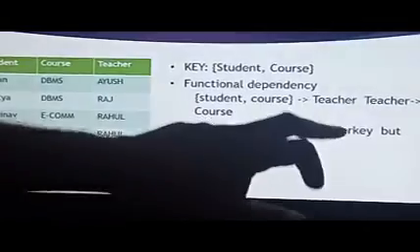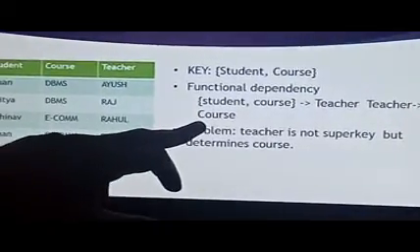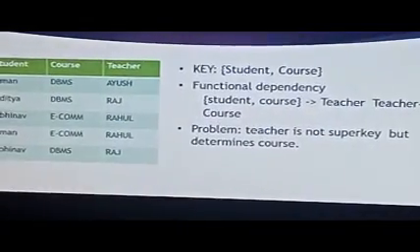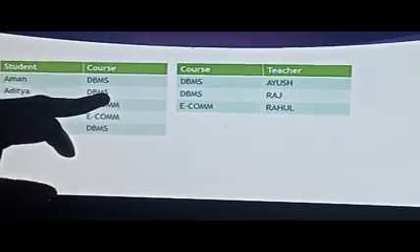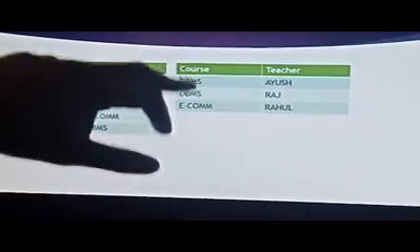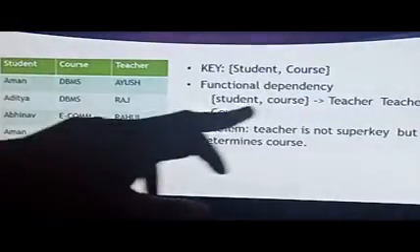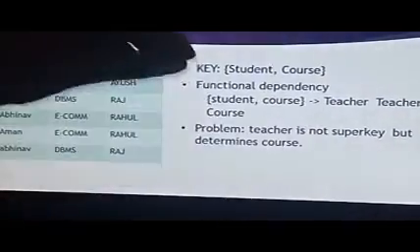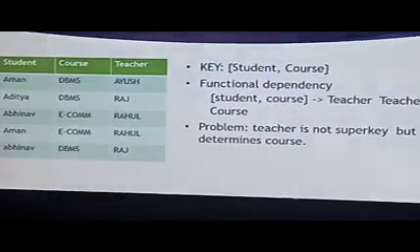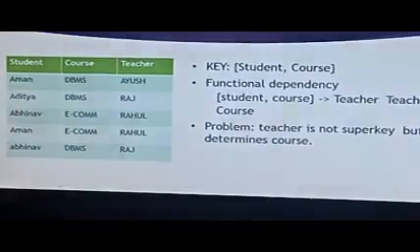And similarly, the teacher determines which type of course they are going to handle. These are the functional dependencies, and simply you can segregate that into student and course as a separate table, and this course will be handled by this teacher. That is called functional dependency. Student and course determine the teacher who handles it, and similarly, for that course this teacher is the one, so another dependency comes. Okay, that is the thing here.